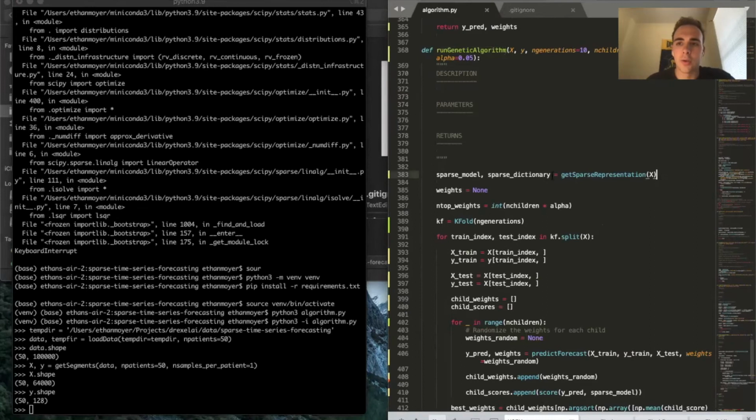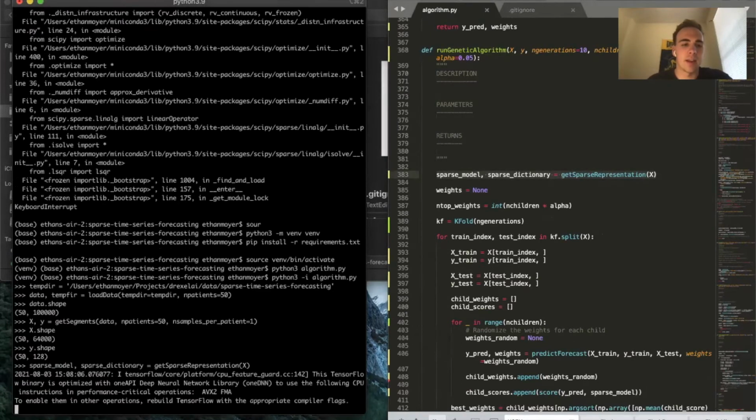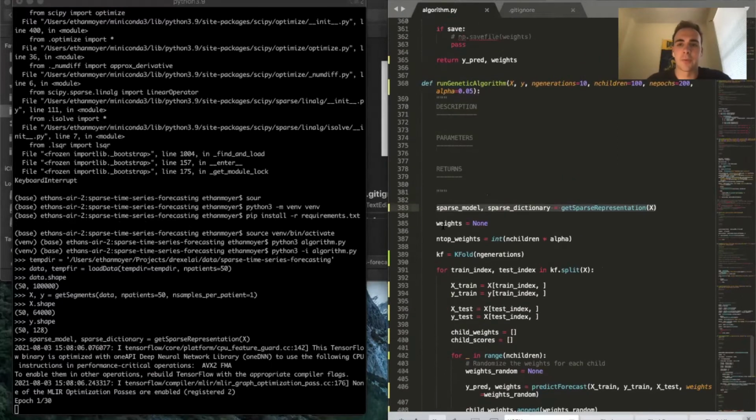And what we can do is run this to get the sparse model. This will build the sparse dictionary in addition to the sparse model of all of X. And I think that's okay, because we're using only the data that are the features, and we want to evaluate how well we can predict the